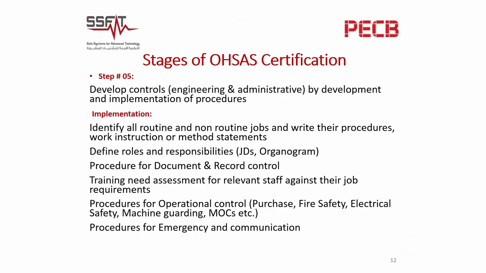So step 5 is about, now we are discussing the do. The first 4 steps were about the plan. Now we are discussing the do. For doing, you have to develop controls like engineering and administrative control. You should develop those engineering and administrative controls by means of procedures, job descriptions, work instructions, whatever control you want, or as I said, whatever requirements you see in your organization, because sometimes the